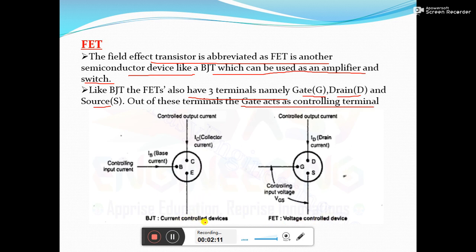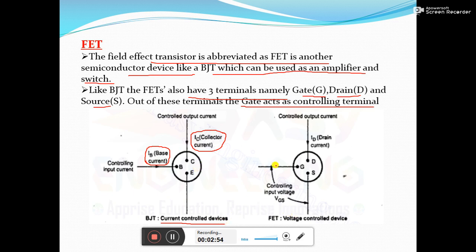So why is it referred to as a current control device? As you see here, there are three terminals: base, collector and emitter. The output current will always be IC. The output current is controlled by the base current IB. The presence or absence of the IB current determines the value of IC. If IB is 0, IC also will be 0. If IB has some value, IC will be beta times the IB value. This means the output current is completely controlled by the input base current. That's why it is referred to as a current controlled device.